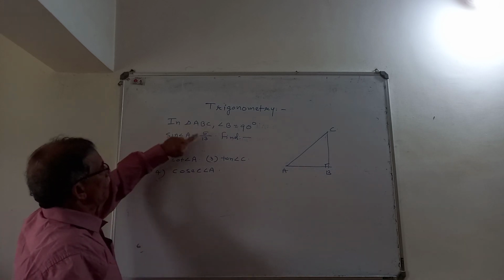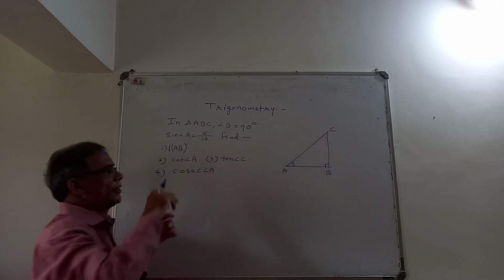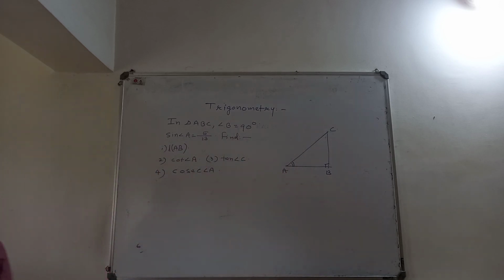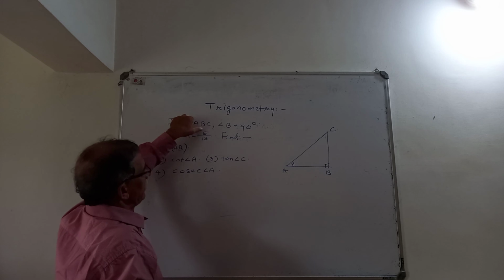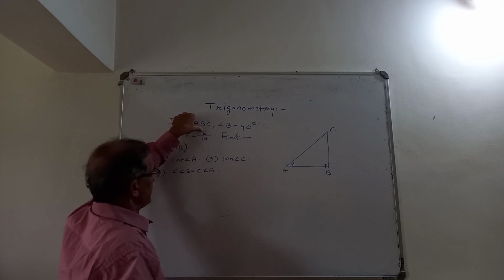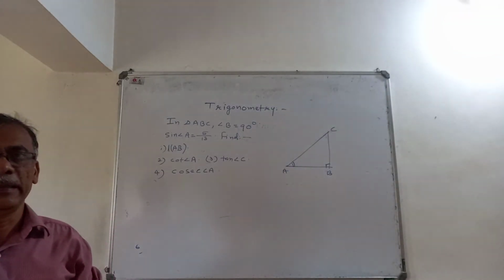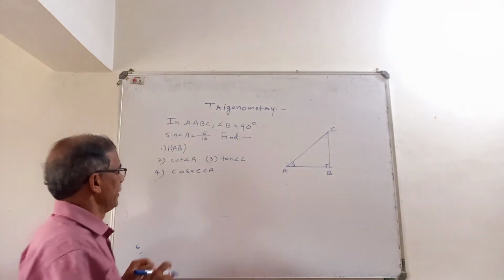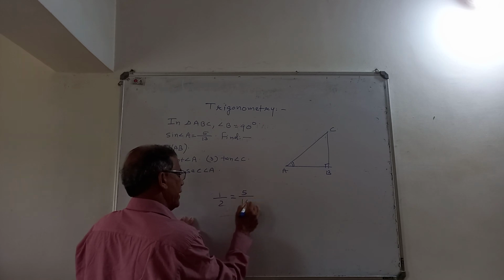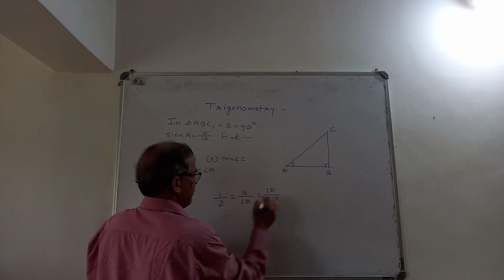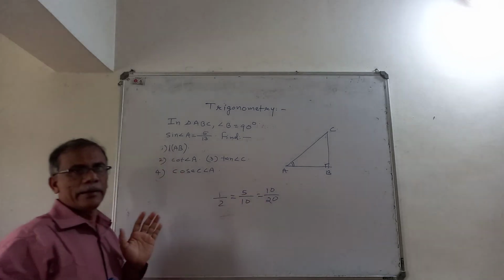Now, sin A is equal to 5 by 13. This is our acute angle A, and its sin ratio is given. So, what is the meaning of sin ratio is 5 by 13? That it is opposite upon hypotenuse. If opposite side is 5 parts, the hypotenuse is 13 parts. It is not exactly 5, remember. Now see, ratio is 1 by 2 means you can have 5 by 10 or you can have 10 by 20, because 5 1 5 2 10 1 10 2. So that is ratio. Ratio means it is part, isn't it?